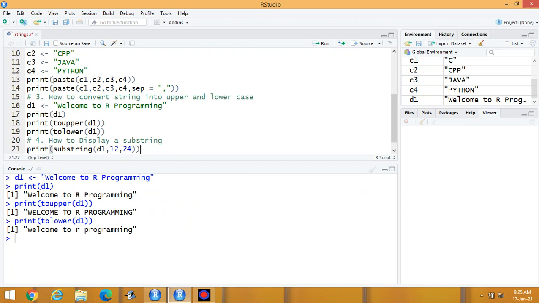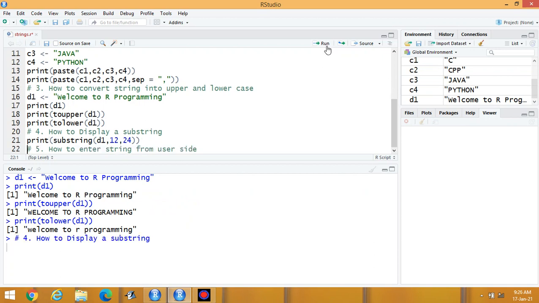Suppose this one is the address. Let us check that. You can display only R programming. Now, why R programming is there? If you are counting 1, 2, 3, 4, 5, 6, 7, 8, 9, 10, 11 and 12, this one is the 12th alphabet and similarly this one is the 24th alphabet. You can display the string according to your choice by writing the address of that particular alphabet.